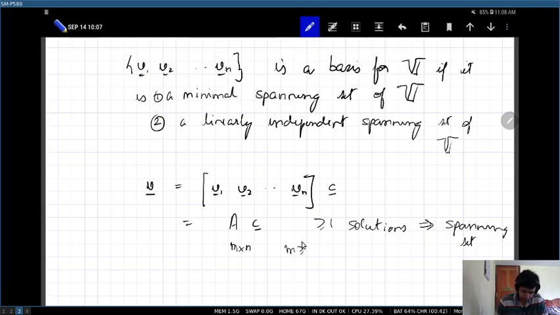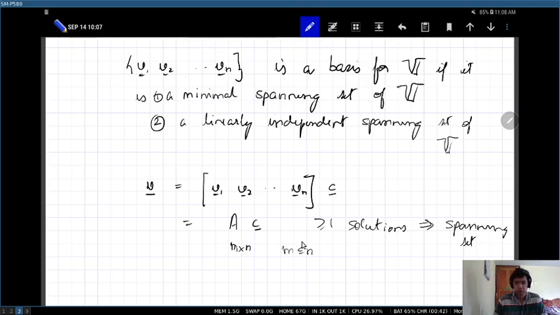M should be less than or equal to n in order to have at least one solution always. So irrespective of what v is, we should always be able to find a C, right? So the only way that can happen for every v is if m is less than or equal to n,